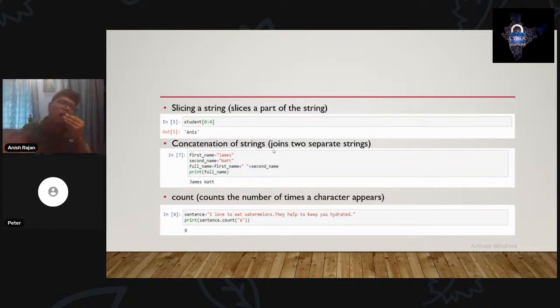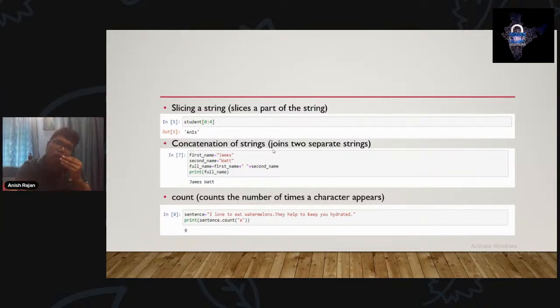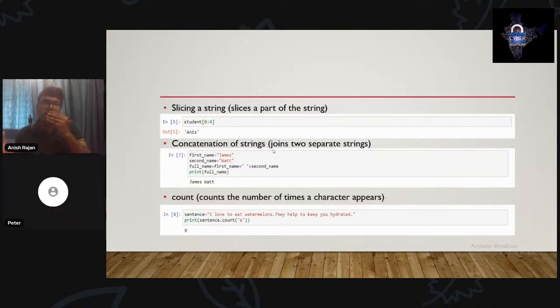So I use this count function. This count function very easily gives me the number of times E has appeared in that string. So this is one of the important functions of a string that helps us to count any character or digit. Sorry, character.